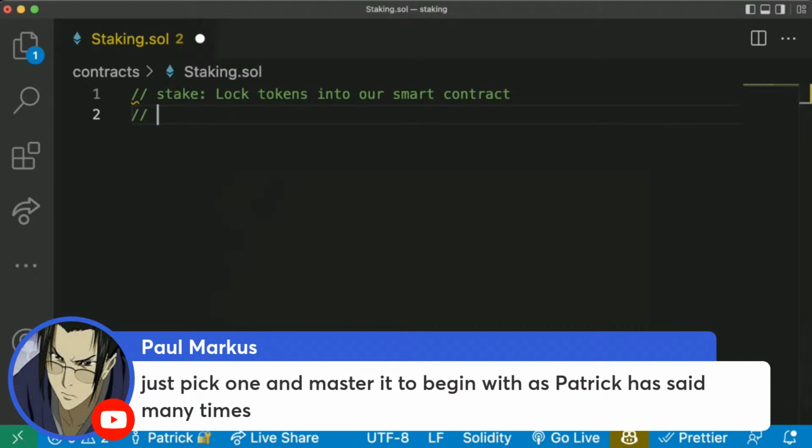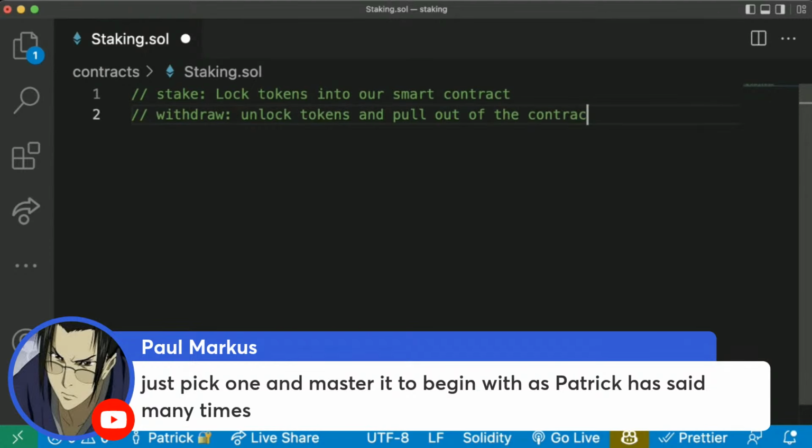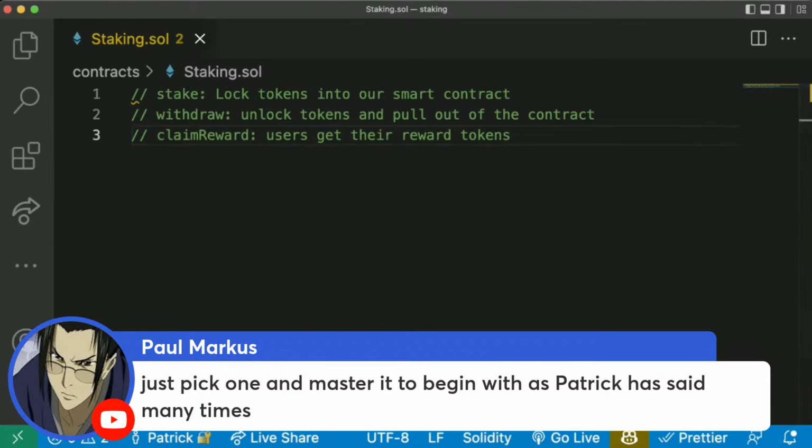And since they're going to want to stake, they're probably going to want to be able to do what? If they're going to lock tokens into the protocol, then we probably want them to be able to withdraw, which is unlock tokens and pull out of the contract. We're also going to want to have some type of claim reward, right? Where users claim their reward tokens. At the end of the day, those are the three core functions we want this to do, right? We want people to be able to stake tokens, withdraw the tokens they've staked, and then also claim whatever reward they are